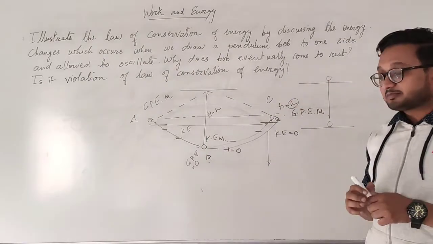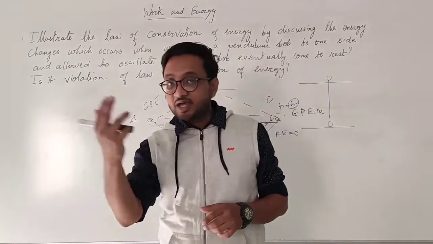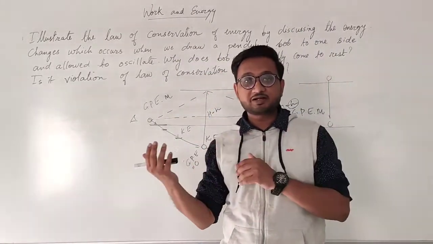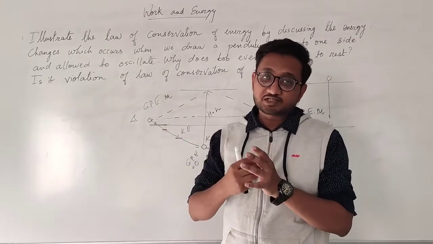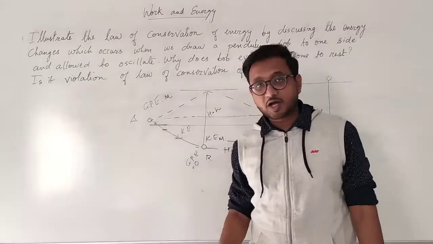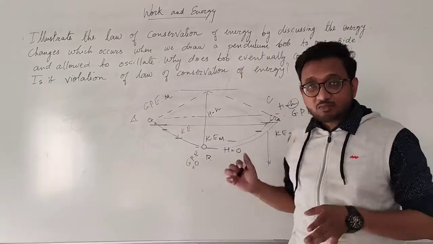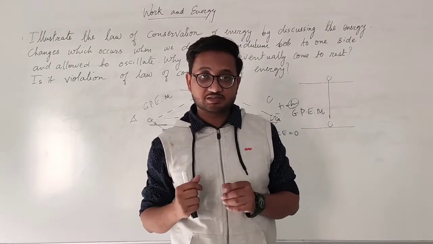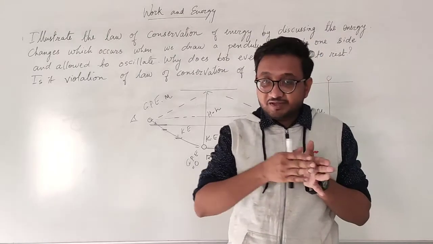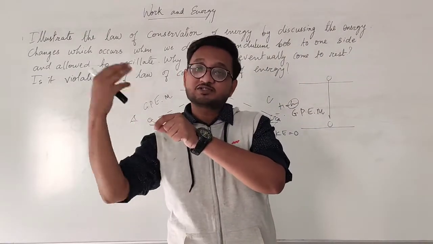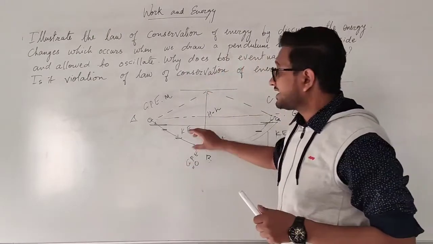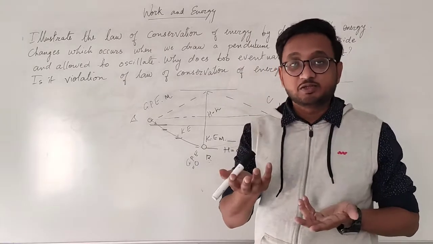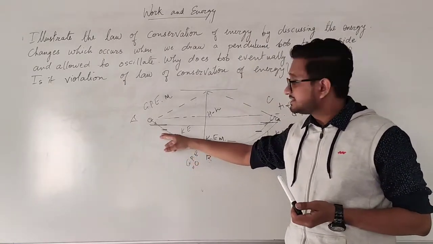Why is this happening? Because when the bob is moving, we have atmosphere around us. We studied about fluid friction. The air particles in the atmosphere apply fluid friction on this bob, ultimately slowing it down. So some of its energy is dissipated into the surroundings when it collides with the atmospheric particles, with the air. When the bob is colliding with the air, its energy is reduced and transferred to the surroundings, and that energy is dissipated into such smaller forms that it is not usable. That is why that energy is reduced over here.